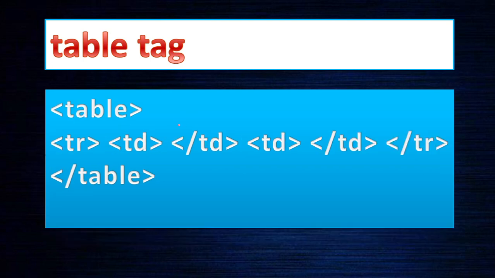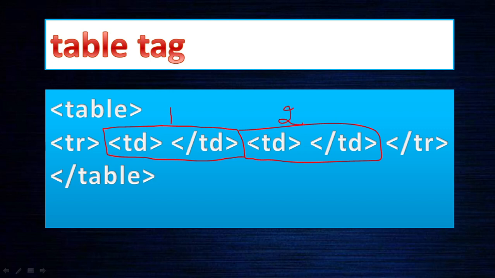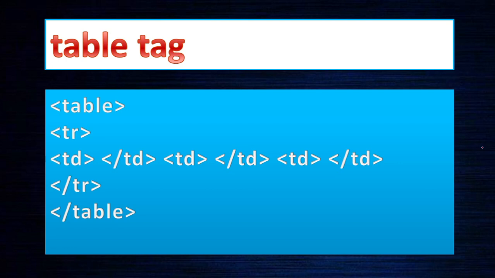If you want 2 columns, here you can see that in this particular row, this is the first column, and this makes another column. So this is the first column, this is the second column. If you want more columns, you use TD again and again. TR is the row, and in that this is the first row, in which we are creating the first column and the second column. Subsequently if you want 3 columns, TR on the top, then TD on the next line. Space is not an issue, you can write in the same line or in multiple lines, there is no problem.